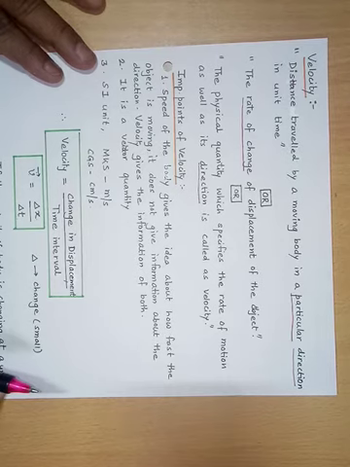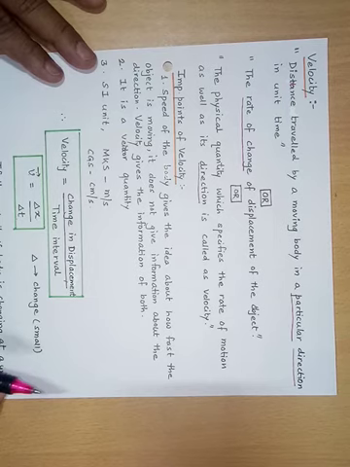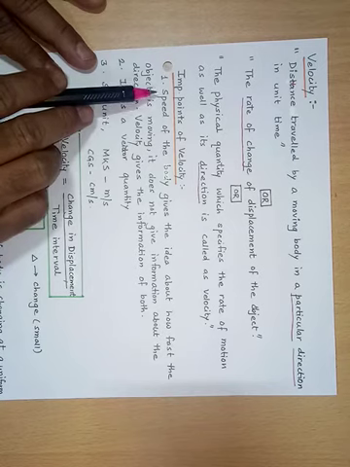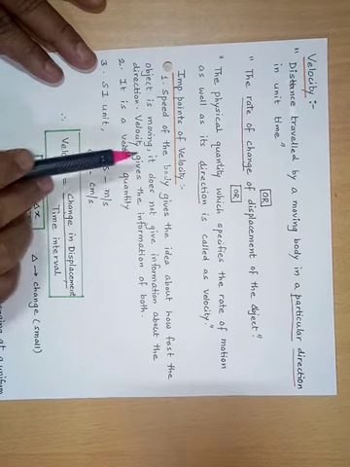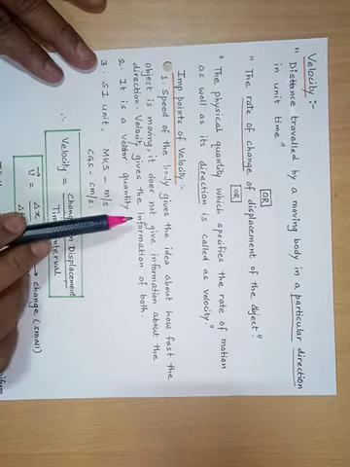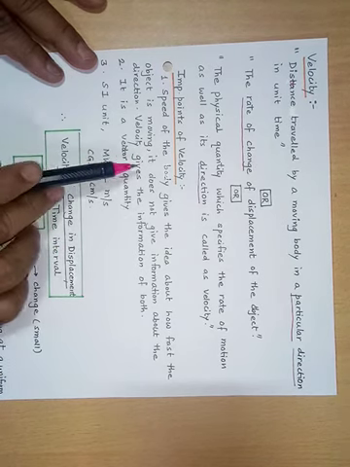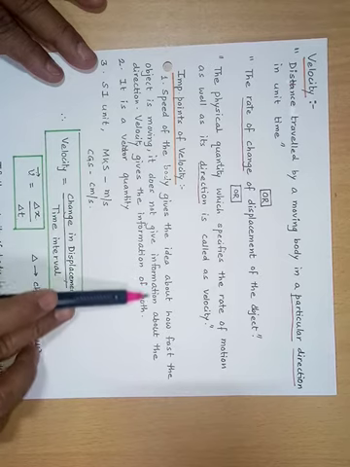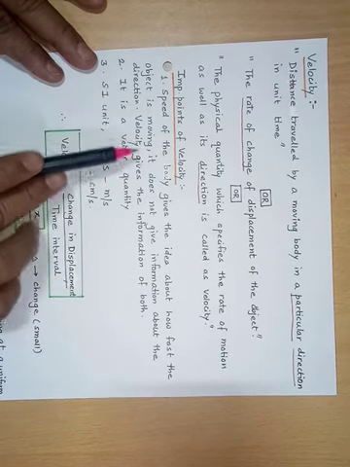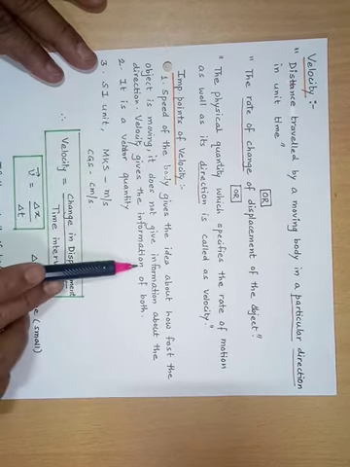Some objects will take less time to cover a particular distance, some objects will take more time to cover a particular distance. So whether the object is moving in a fast manner or in a slow manner, that is represented with the speed of the object. Speed of the object does not tell any information in which direction the object is moving. So speed does not give information about the direction, but the velocity gives us the information about magnitude as well